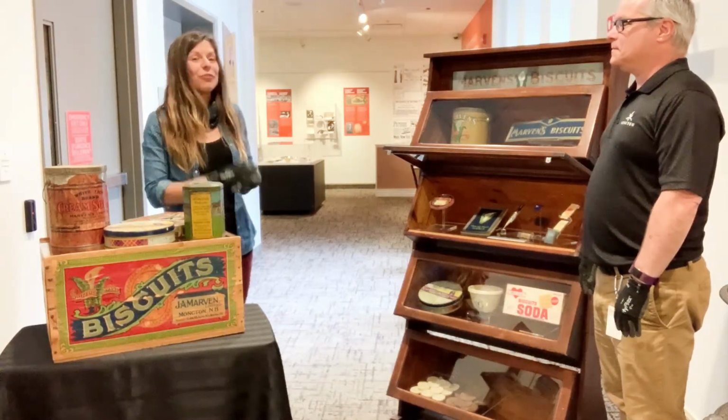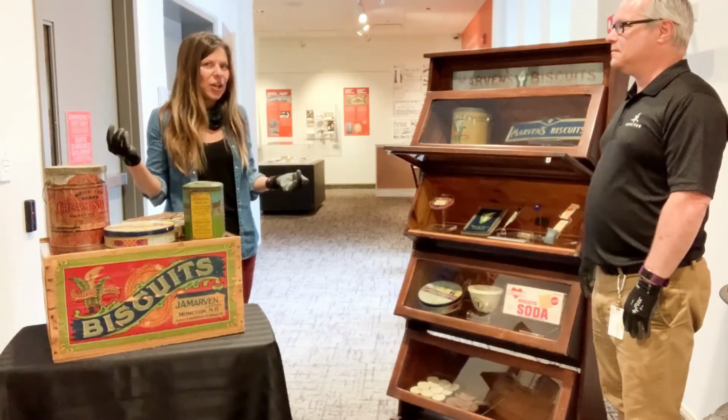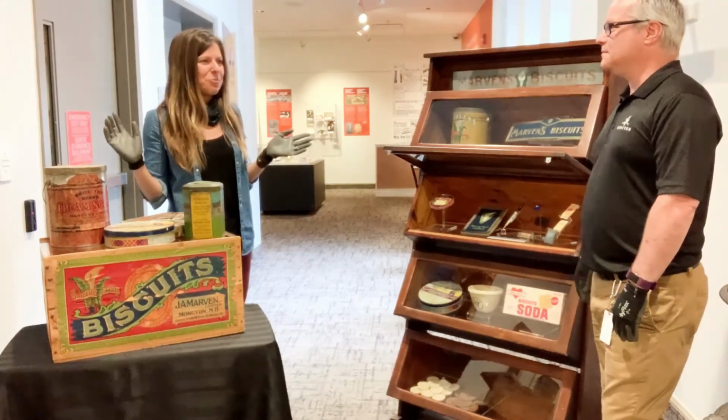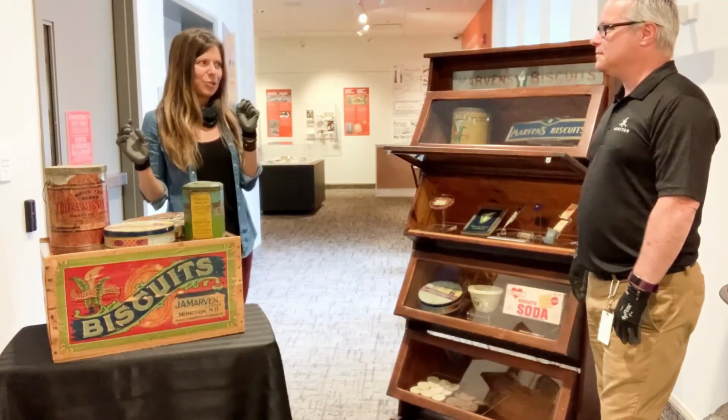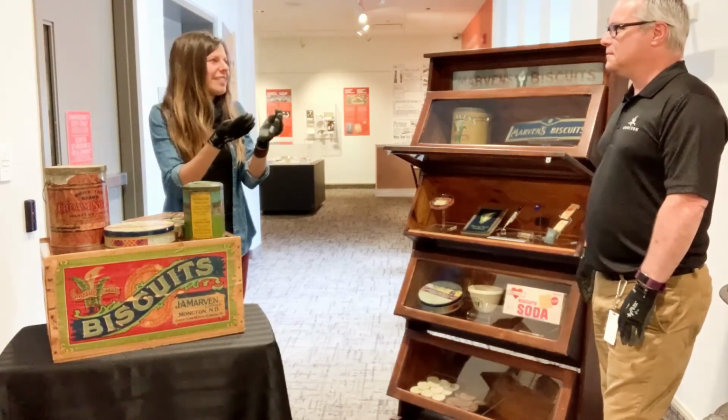C'est génial. Puis nous, on veut entendre vos histoires. Si vous avez des souvenirs, il y a quelqu'un qui a mentionné que tu pouvais rentrer dans l'édifice, puis tu pouvais avoir accès à des biscuits gratuits. C'était quoi cette histoire-là? C'était comme des biscuits qu'on cassait ou...